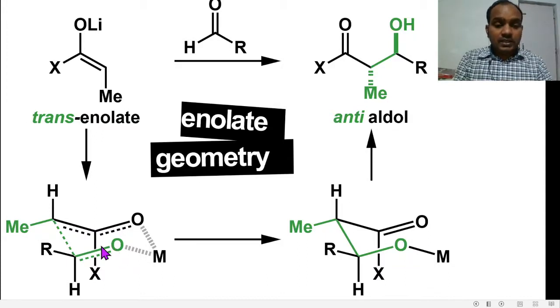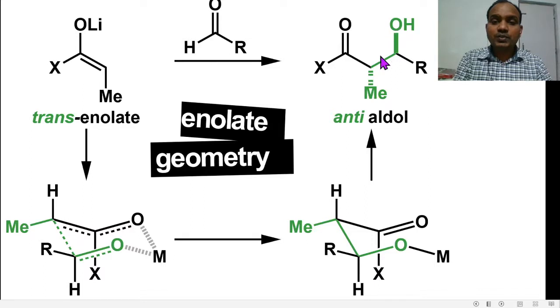here the new carbon carbon bond is formed, and this is shown by this state. And now here we can see in this chair like transition state there is a methyl group having this alpha orientation, and this is the new generated hydroxyl group after the hydrolysis, this having the beta orientation. Now this is alpha and this is beta, and therefore